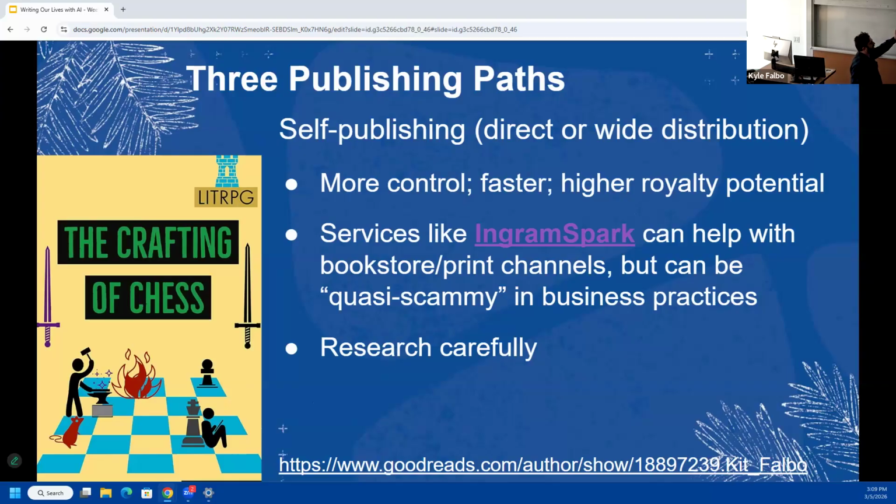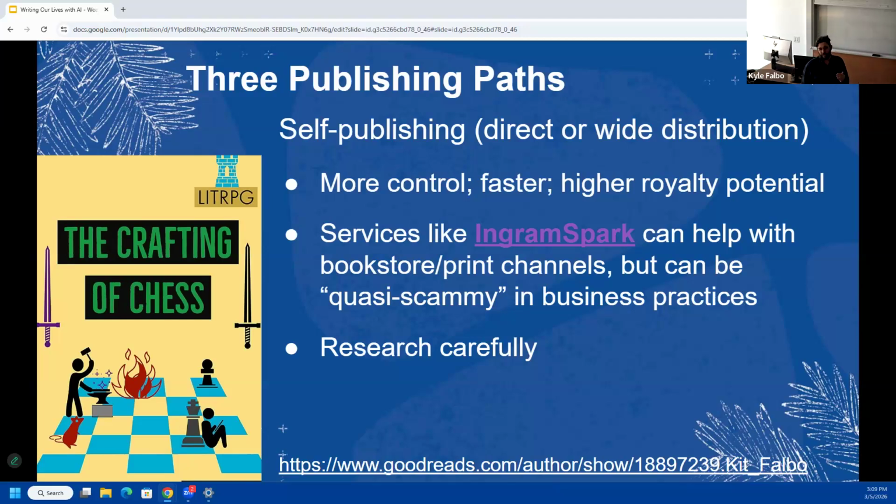He recommends services like Ingram Spark, which can help with the bookstore print channels. So this is kind of like the self-publishing, publishing house direction. But it can be quasi scammy in their business practices. So you have to really, really be careful and research carefully.